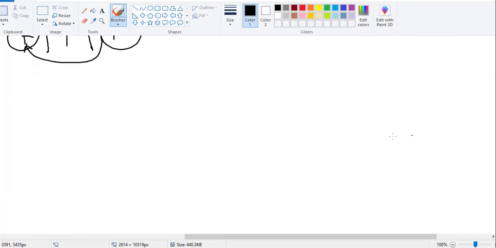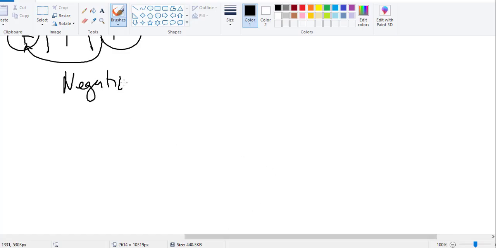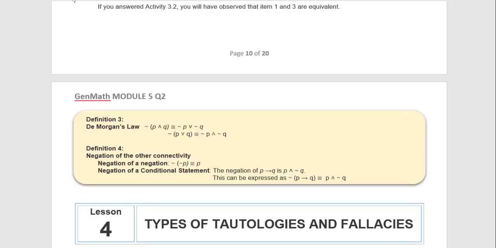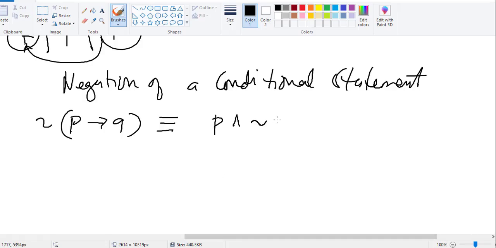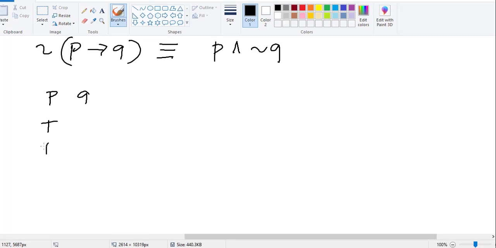Okay? And then we also have the other one. I think this is the last one for now. Let's see. Negation of a conditional statement. Okay. So, for you to be able to negate a conditional statement, it should be like this. This is equivalent to P and not Q. So if you're going to try and prove that again, if they are indeed logically equivalent,